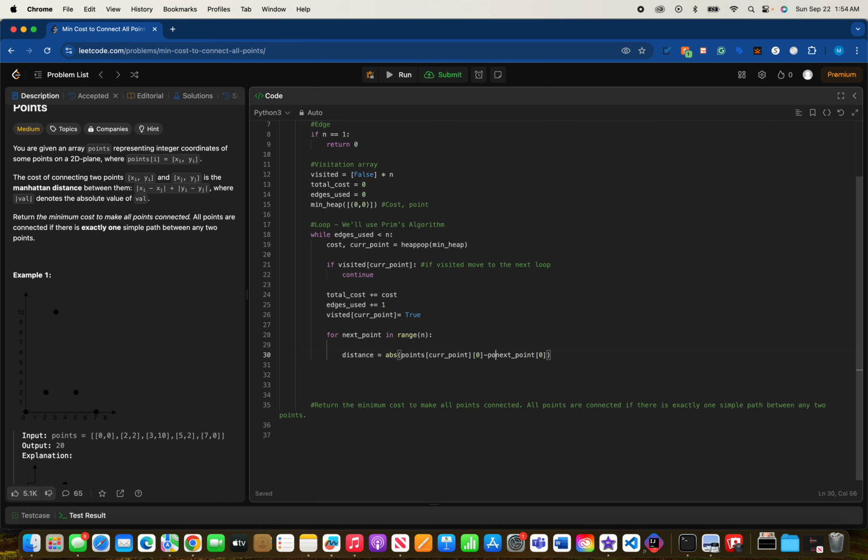Let's make this all points. Okay, so now we can move on to, hold on, oops. So now we this, and now let's move on to the next one. Plus absolute value points curve point